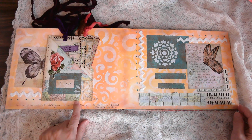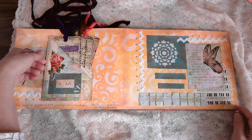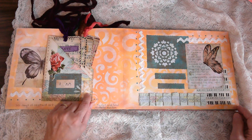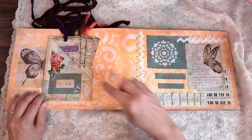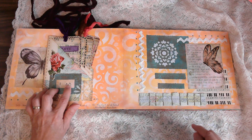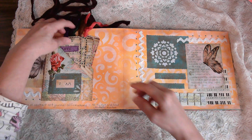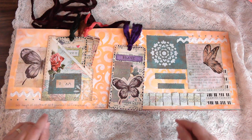Okay, this is the last of the affirmations, day 30. So I made a pocket out of the atlas page, one page, and you fold it and you get 4 pockets. So the affirmation is I am, and I made these tags for the things. I am brave,